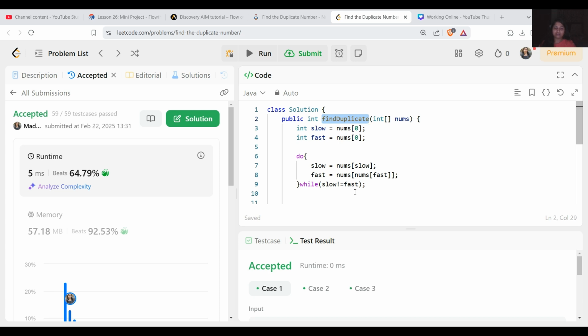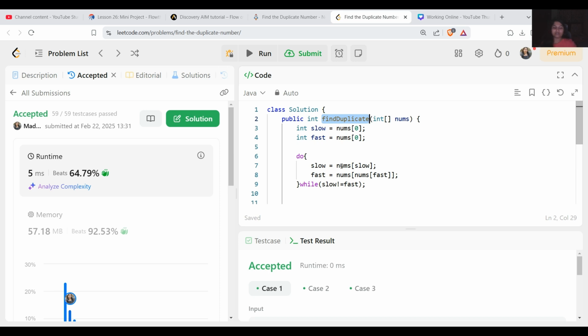The third approach is binary search. Okay, in that case the time complexity will be O of n log n, and the space will be O of 1 only. But this is better than sorting but more complex than the approach we have used. Okay, and if we use binary search, the value range will be 1 to n, and we need to count occurrences in the array, and we have to adjust the search range also.